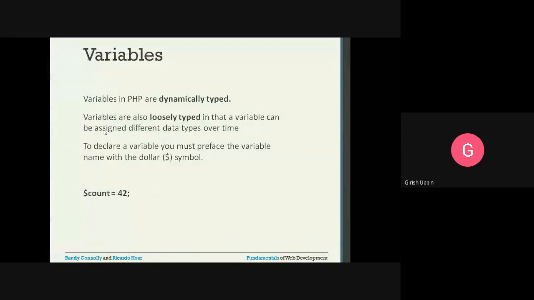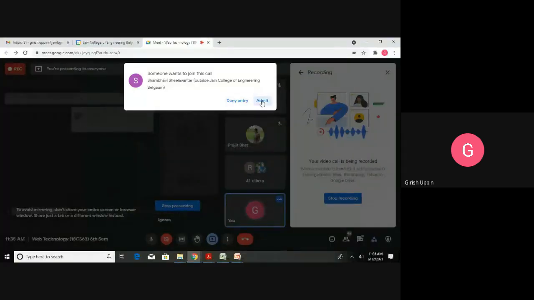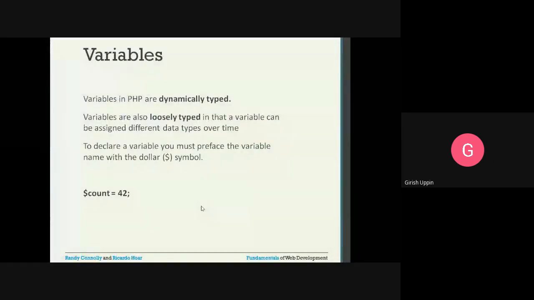We know that PHP is dynamically typed, similar to JavaScript. We don't have to specify which data type it is. Automatically at runtime, based on the value you have assigned, it will interpret the data type. So how do we declare a variable? We have to have a dollar symbol. In JavaScript, we used to use the keyword var and then give the variable name. In PHP, you say dollar sign and the variable name. That itself is a variable declaration, and you can assign any kind of value.